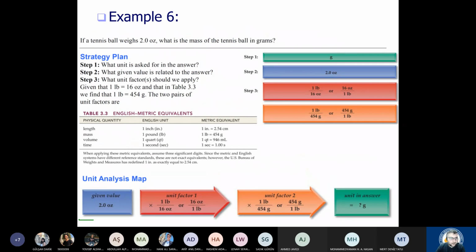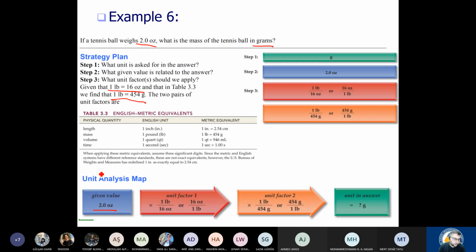Another good example is this one. If a tennis ball weighs 2 oz, what is the mass of the tennis ball in grams? So you must convert this one to the gram. But we know that 1 pound is equal to 16 oz, and also 1 pound is equal to 454 gram. So first you write the given value, 2 oz, times